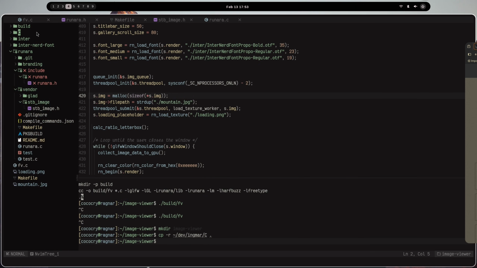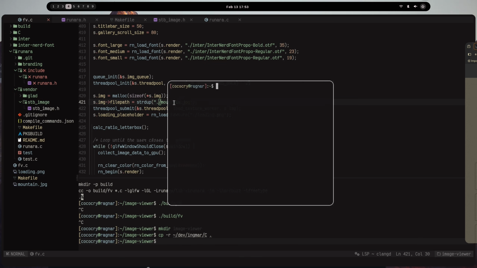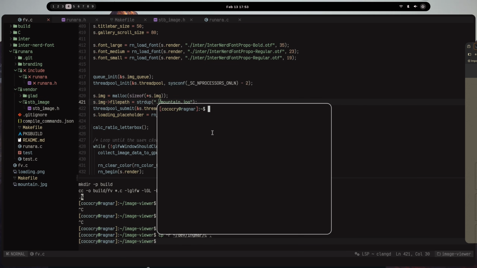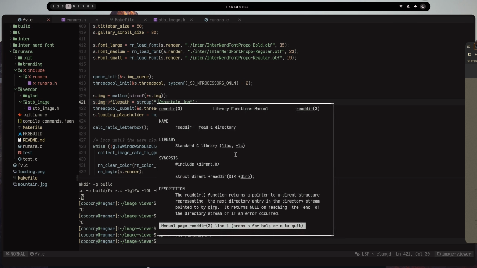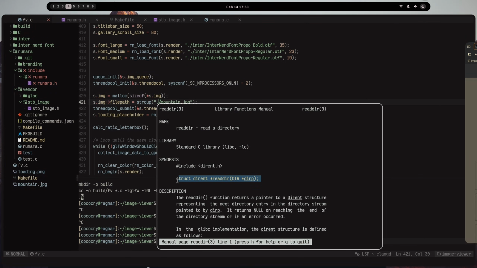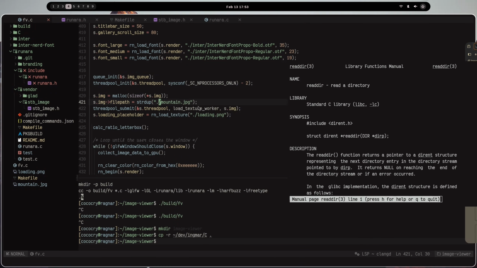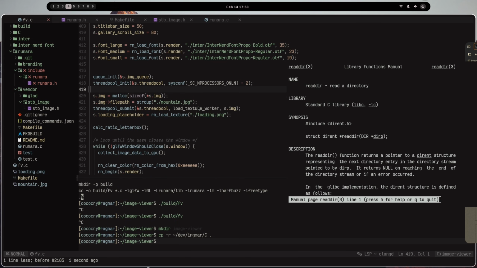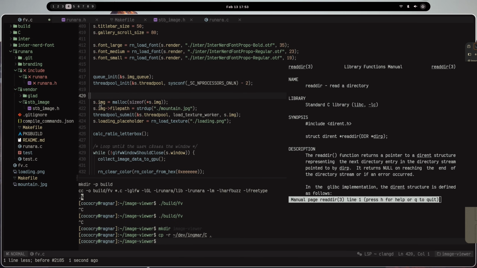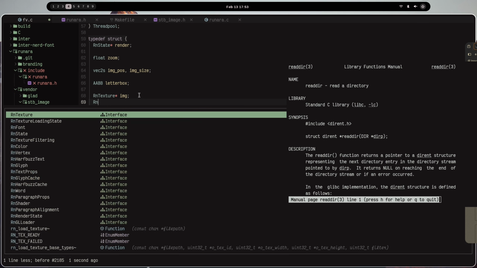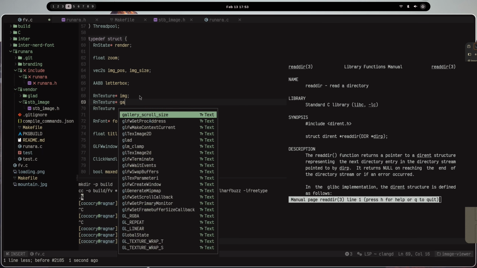Those are a lot of anime girls, okay? And we basically want to read the directory. So a read directory is going to take in a dir. And I think I kind of know how that kind of also works. So what we basically also want now is an RN texture gallery,